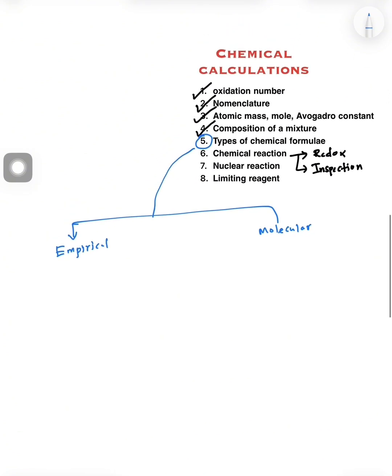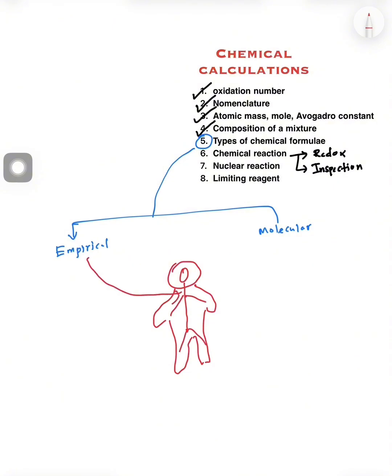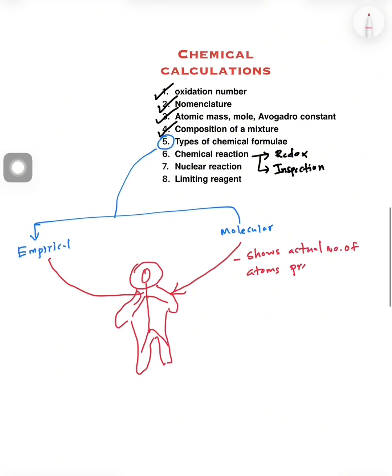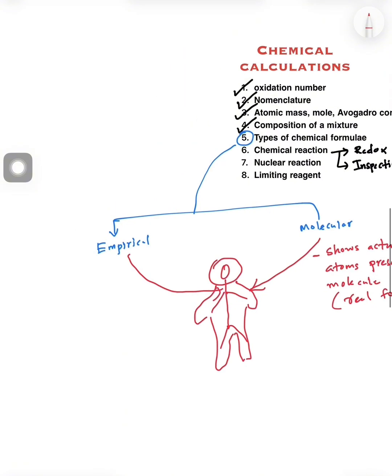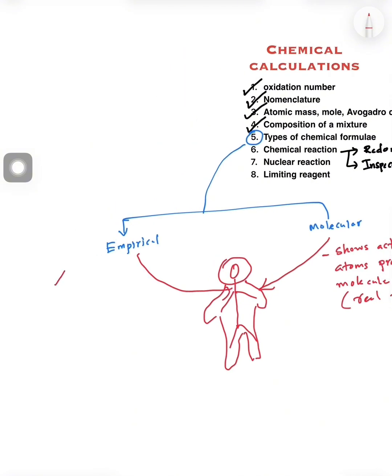Say, if I take a human body, and this is the skeleton, the empirical formula is just like the skeleton of a human body, and the molecular formula is just like the body of the human. What I meant is the molecular formula shows the actual number of atoms present in one molecule, which means it is the real formula of a compound. But the empirical formula doesn't show the actual number of atoms,